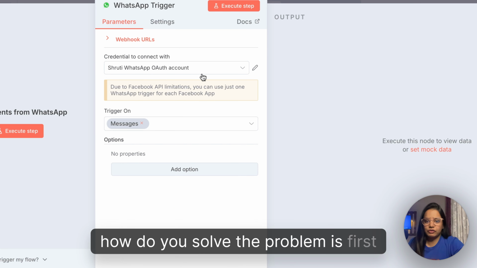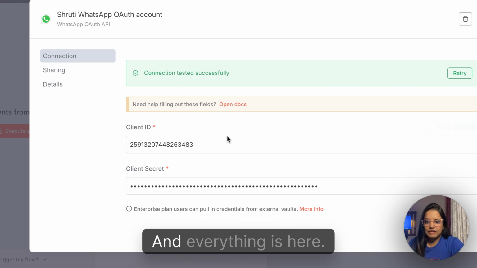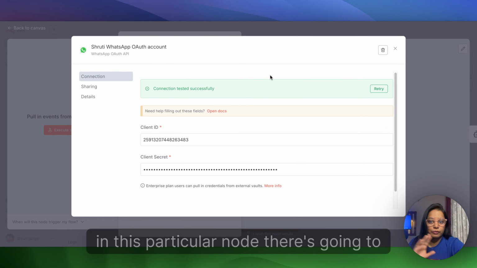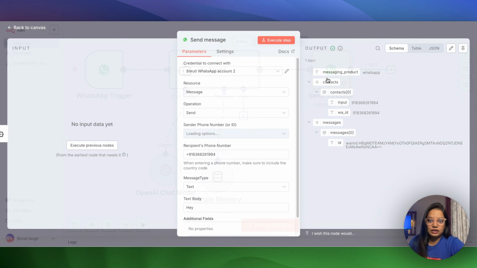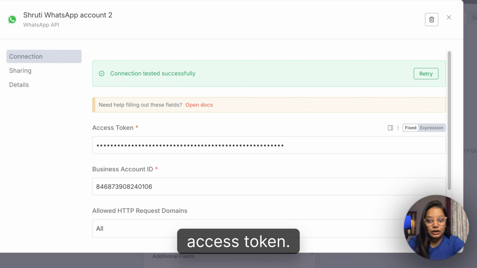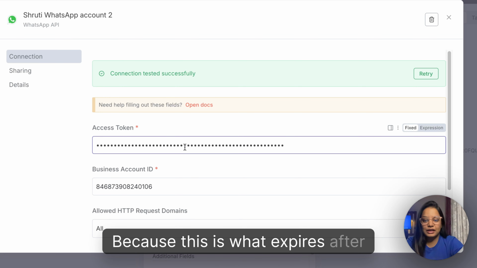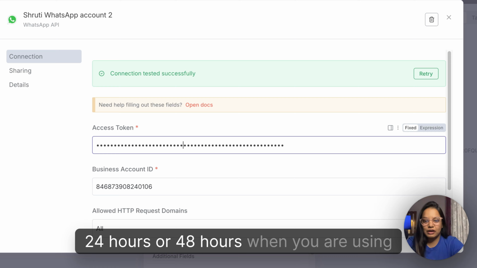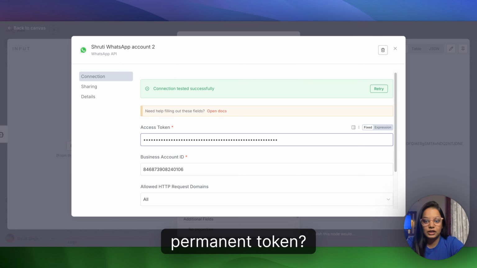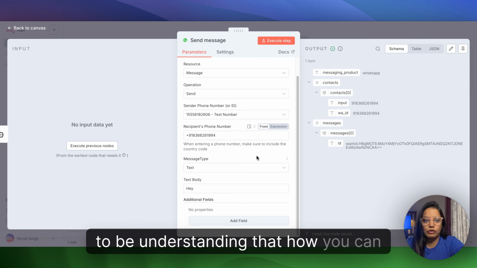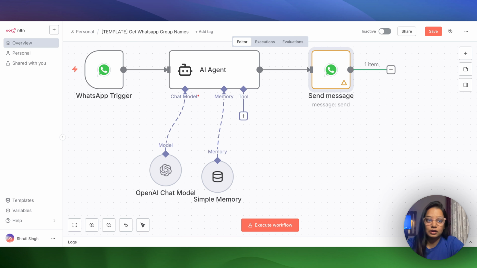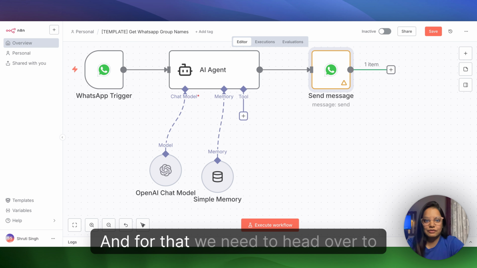How you solve the problem is, first you need a client ID and secret, and everything is here, so that remains the same. In this particular node there's going to be no change. The changes are going to be over here, where you actually integrate your access token. So this is where you actually use the access token, correct? Because this is what expires after 24 hours or 48 hours when you are using a test access token. So how do you convert this into a permanent token? And the second thing we are going to understand is how you can actually use your own WhatsApp number and not just a test number. So that's what we are going to be learning in this, and for that we need to head over to